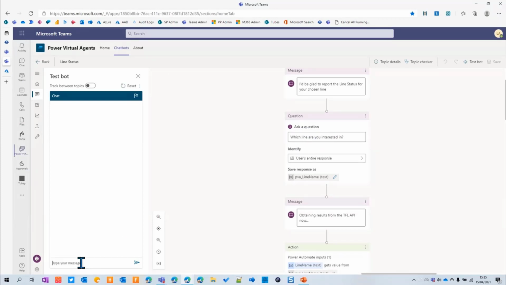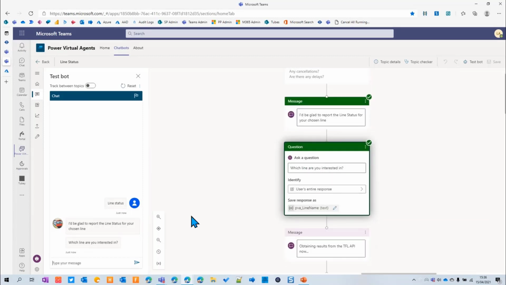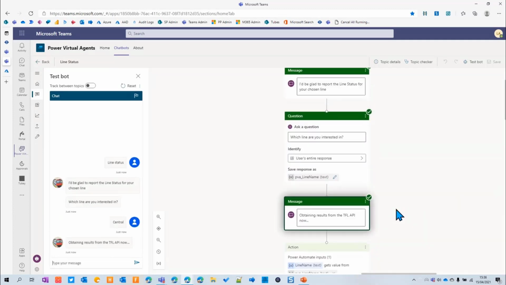We'll test the bot here by typing the trigger phrase again. And we can see that Power Virtual Agents indicates in green where you are in the action tree. So we can see that we're up to the question, which line are you interested in? And that corresponds to down here where it says which line are you interested in. And we can type the central line, and then we'll go further down the tree